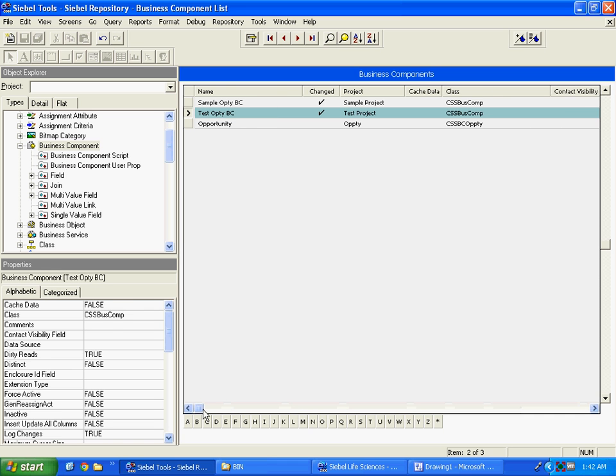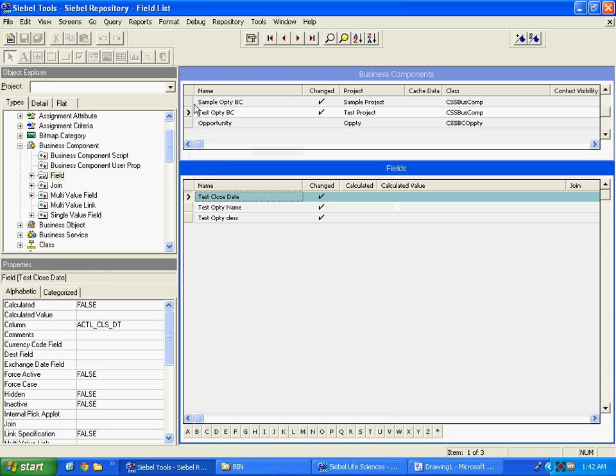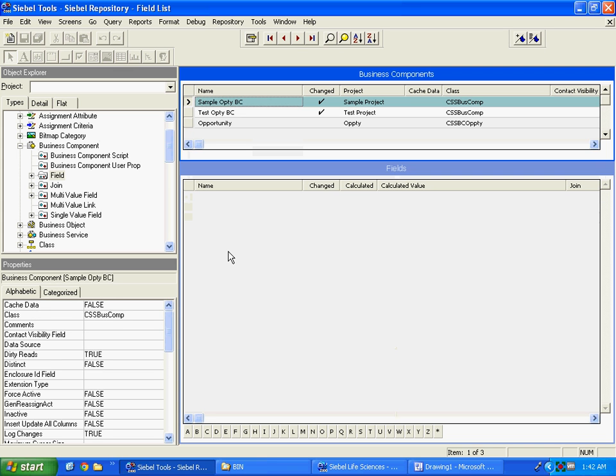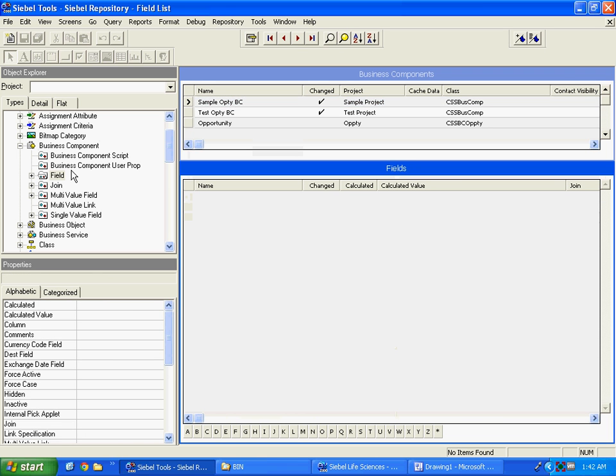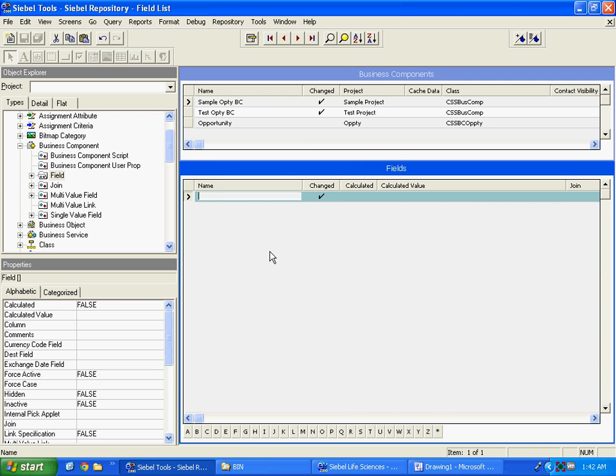So the first step, BC, has been taken care of. Now you come to field. Okay, highlight your BC. Okay, in the field just start creating new fields, new. So sample name,